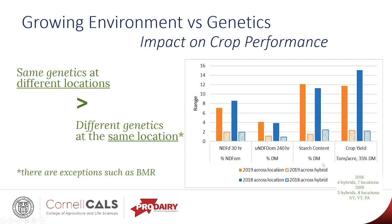So again, just highlighting that location has a lot to do with this, and management in terms of harvest timing, especially on the starch and total yield side. But